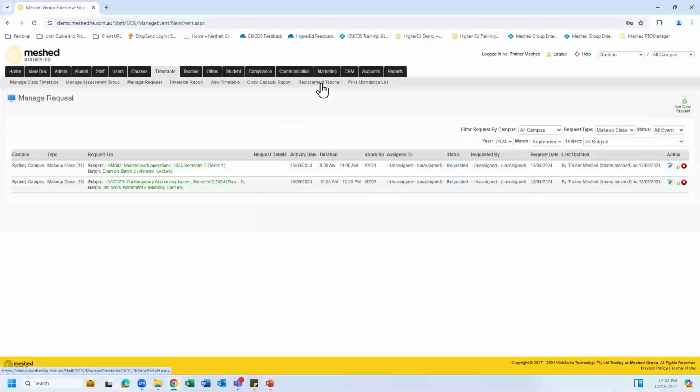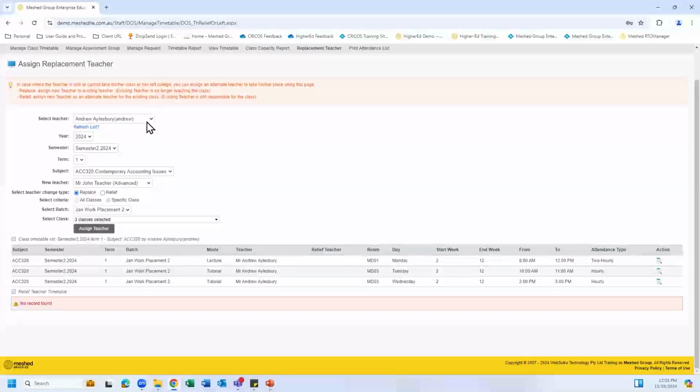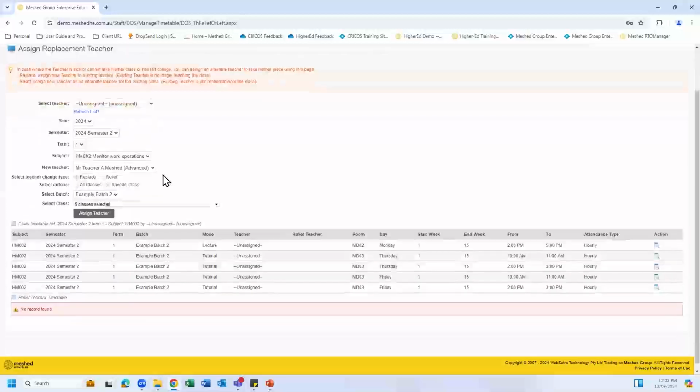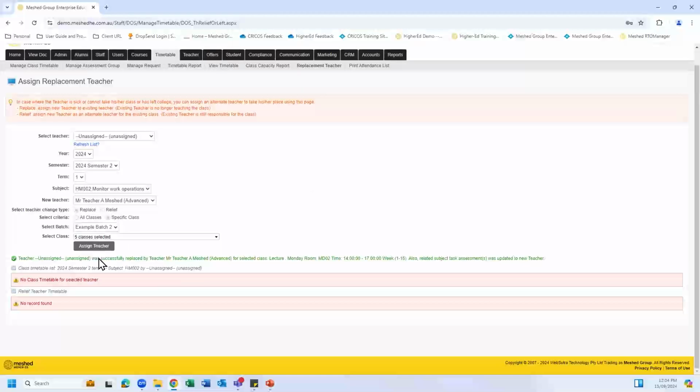The next thing I want to show you is the replacement teacher. See how we left it as unassigned. We go into replacement teacher and into unassigned, and fill in the blanks. I'm looking for semester 2. For this particular subject, whatever teacher I have linked to my teacher matrix, I can then decide which teacher I want to use for replacement. For example, 5 classes assigned, so this way I've assigned to this teacher. So if I quickly toggle this back,